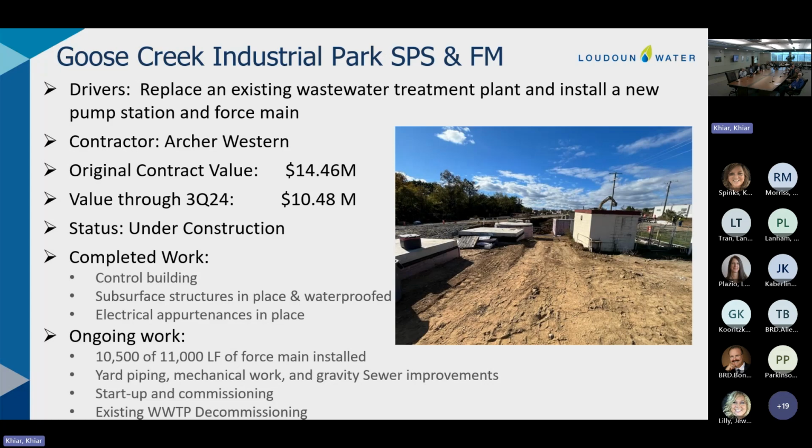There's still a little bit of ongoing work on the force main, but not too much, about 500 linear feet left before we wrap it up. Should be done by the end of the fourth quarter. There's a little bit of yard piping, mechanical and gravity sewer improvements on the existing sewer lines that run out to Cochran Mill and beyond.